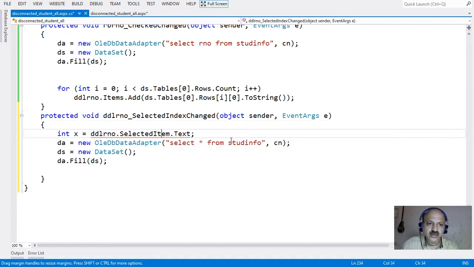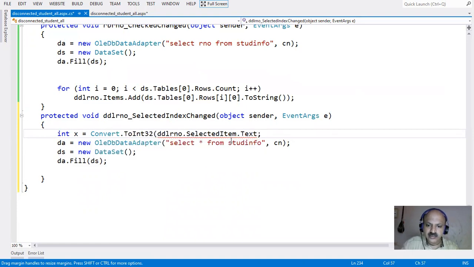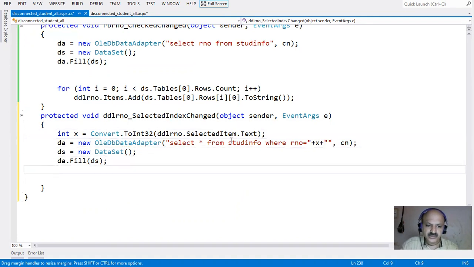So we can convert it, so Convert.ToInt32, and here, yes, the where clause: where RNO equal to in double quote and plus sign and in between x, okay, and also the query in double quote.